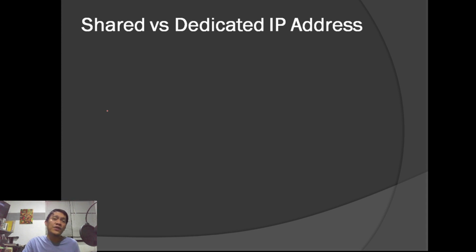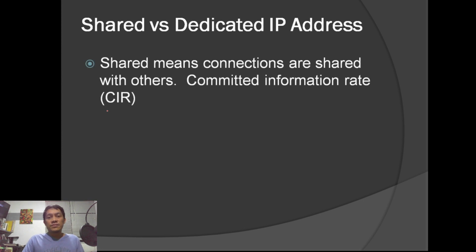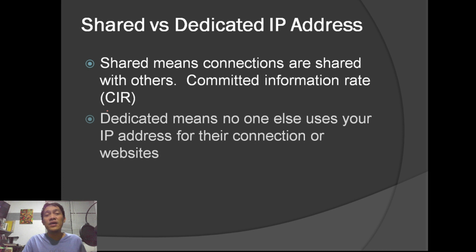We have the shared versus dedicated IP. Okay, shared means connections are shared with others or the committed information rate. Okay? So we also have the dedicated IP. So ano ba pinakaiba nun? So yung mga DSL na sa mga bahay, those are shared networks. Okay? Or shared IP addresses. So meaning to say, you are just sharing a particular IP over the network. Okay? So